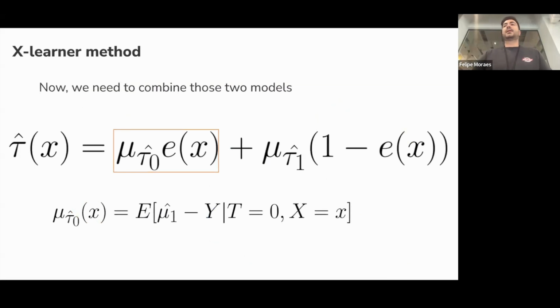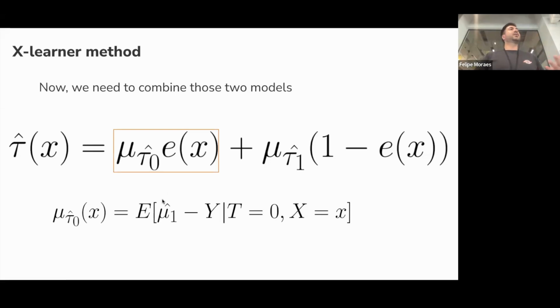Now, let's walk a little bit through this combination and try to reason about it. So the first part, I'm weighting some X based on this model, tau 0. If you look at this tau 0, the reason I'm weighting this is that e(x) is the probability that this unit comes from the treatment.